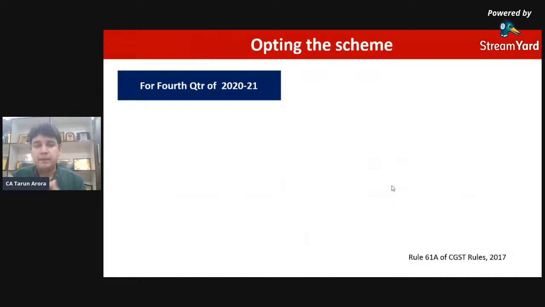Opting for the scheme, because it is a new scheme, you will have to opt for the mechanism, whether you wish to avail this QRMP scheme or not. The government has said that they will automatically shift the taxpayer to this scheme based on their criteria. If your turnover is less than 1.5 CR and you are filing GSTR1 on a quarterly basis, you will be shifted to QRMP. My turnover is less than 1.5 crore, I am filing GSTR1 on a quarterly basis, I will be shifted